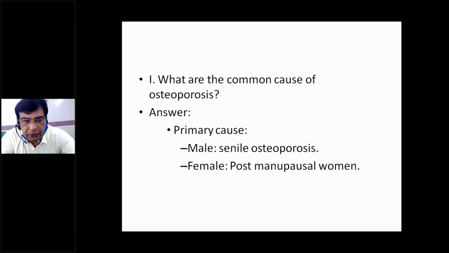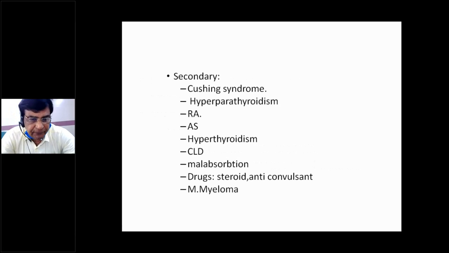What are the common causes of osteoporosis? Osteoporosis is mainly of two types. One is primary, another is secondary. Primary is idiopathic, in males senile osteoporosis. After 60-65 years, males suffer from osteoporosis. And in females, postmenopausal women are commonly affected by this disease. And secondary